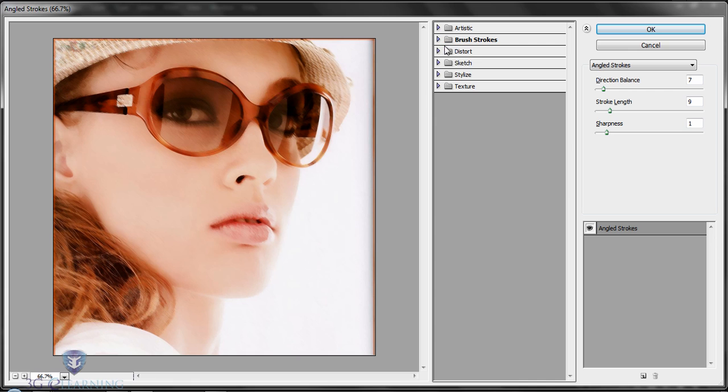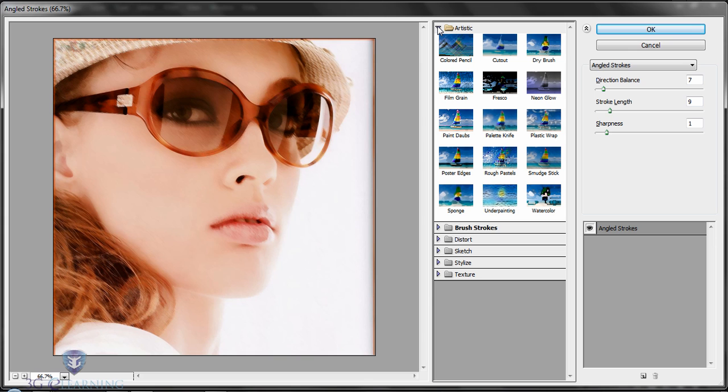The filter gallery has a wide collection of artistic effects you can apply, and you could see each of them by hitting their expand triangle. There are two that work well to create a cartoon-like look. The first will be poster edges, and when I click on poster edges, you get that cartoon look with the deep texture, as if this was hand-drawn, and you can experiment with edge thickness,